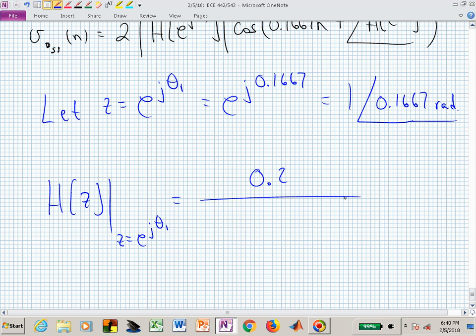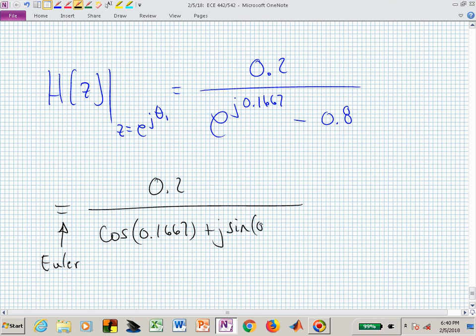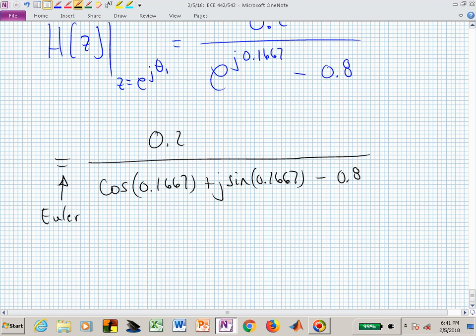Our numerator didn't depend on z. It was just 0.2. Here's where our z was. Now we pull out Euler, and we have cosine, and we just have to remember how to perform complex algebra. We have a complex number in the denominator,